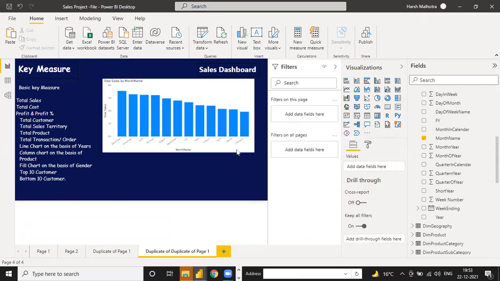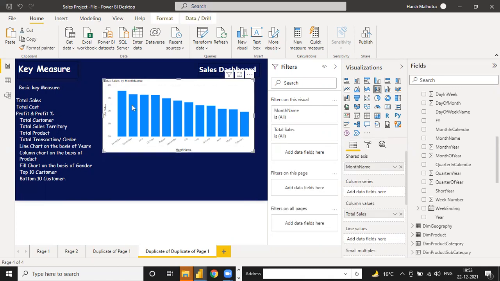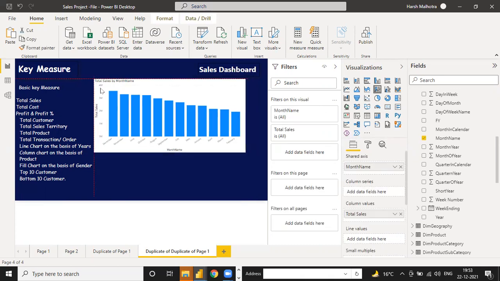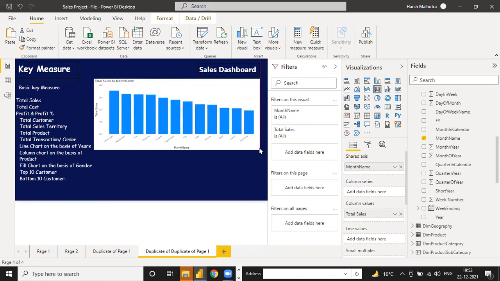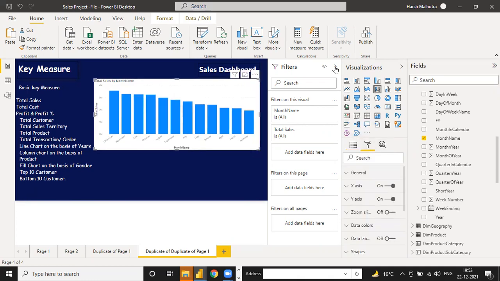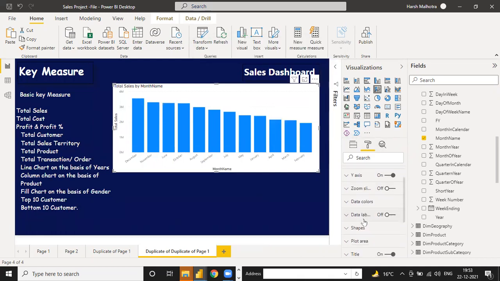Just delete this one and see, instead of year, if you want to choose month wise, you can choose like this, and you can go to the formatting option. Under the formatting, data label, you can switch on the data label. So data label means your date is switched on, and see, here the months are also December, November, June, like this. So you can just click on sort axis ascending.